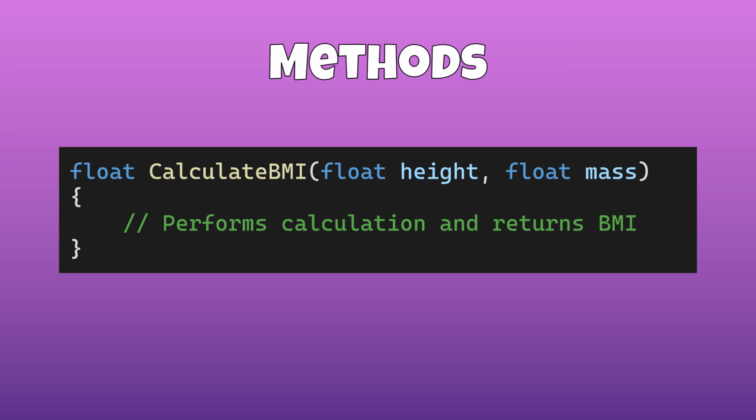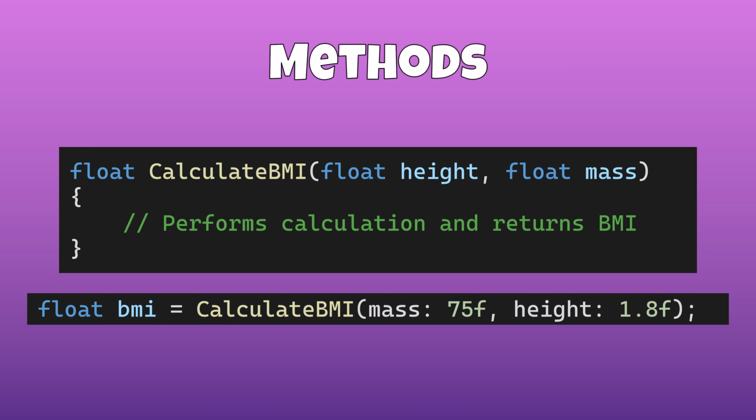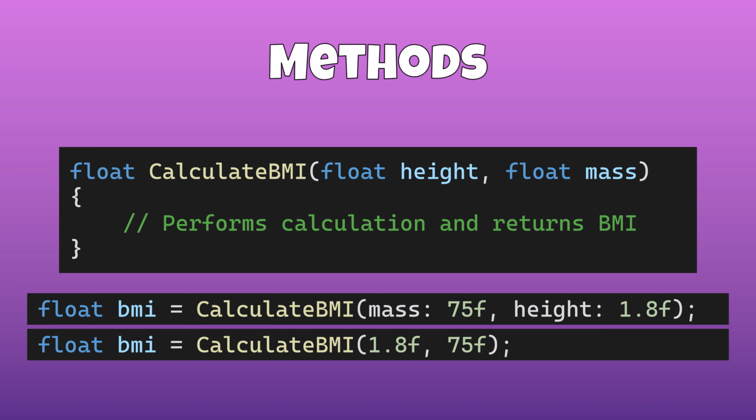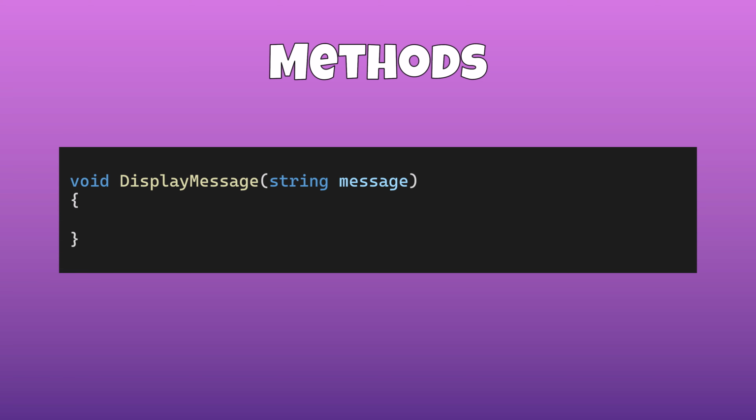But perhaps when you call the method, you don't remember the order of the parameters. You can then specify the names of the parameters, as for example here, when I declare mass and height, and pass them their respective values. In this way, you can change the order in which you pass the arguments. Here we pass the mass first, then the height, whereas in the method declaration we had done the opposite. This also improves the readability of the code by giving meaning to values passed as arguments. If we compare these two lines, the first line is easier to read because you know straight away what the values correspond to. It is also possible to declare optional parameters.